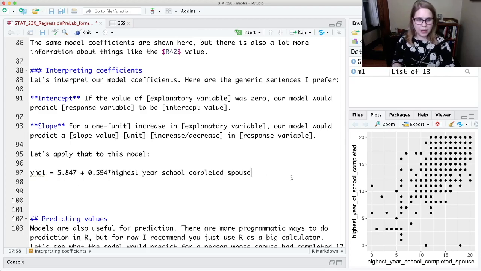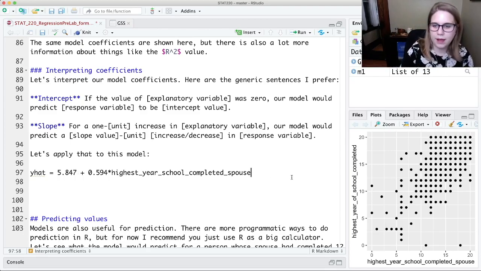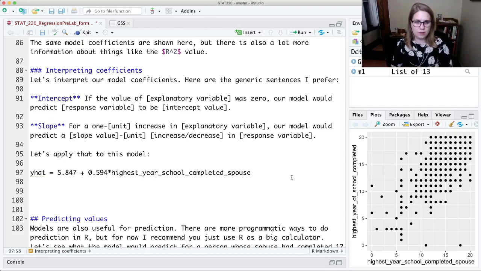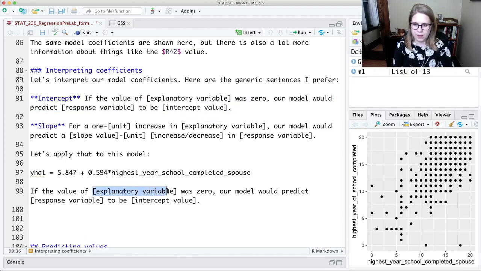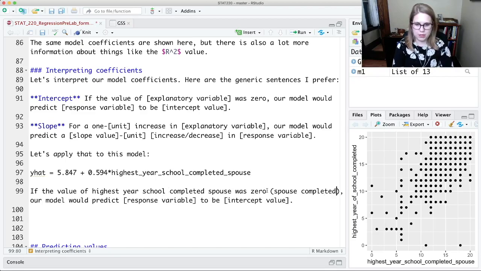So let's try just plugging into that sentence. And for this class, it's totally fine to just plug into the sentence. In fact, we could just copy it and edit it. So if the value of the highest year school completed spouse was 0, so in other words, spouse completed no school, our model would predict the highest year of school completed